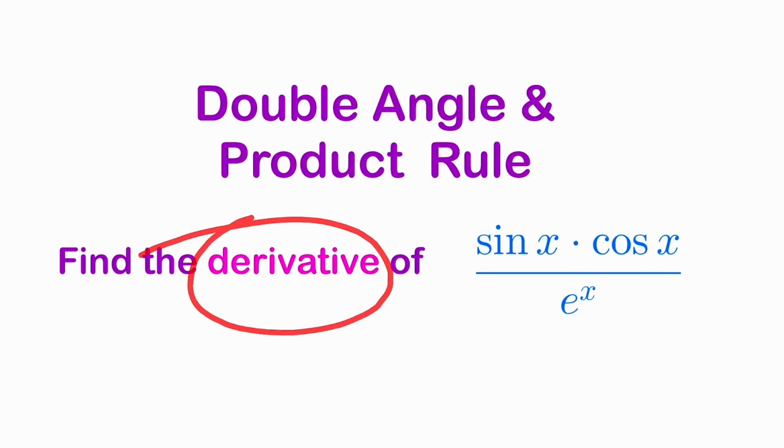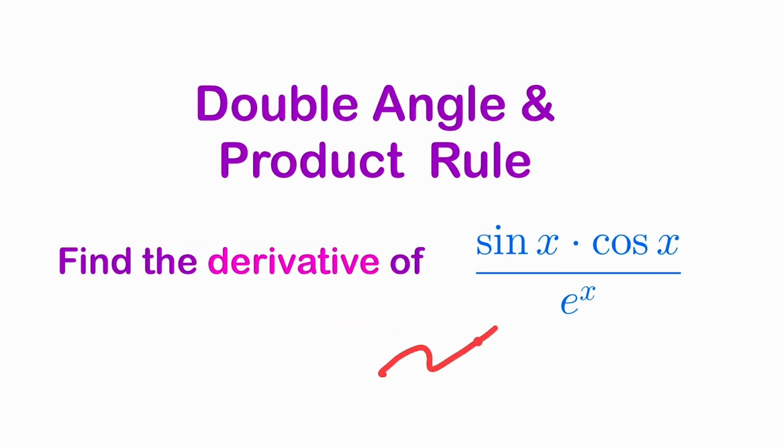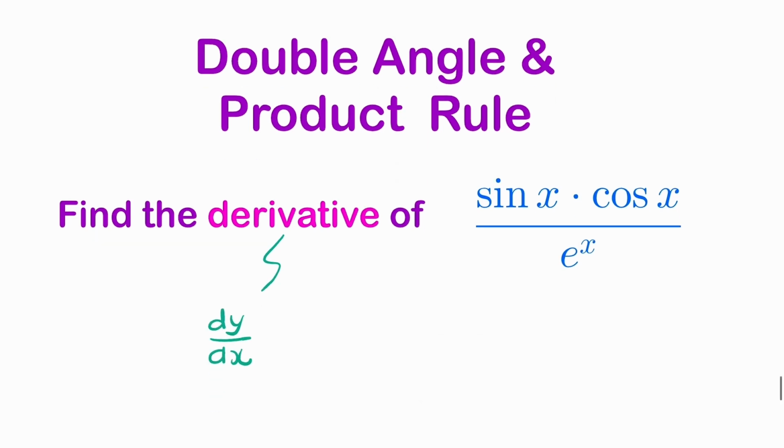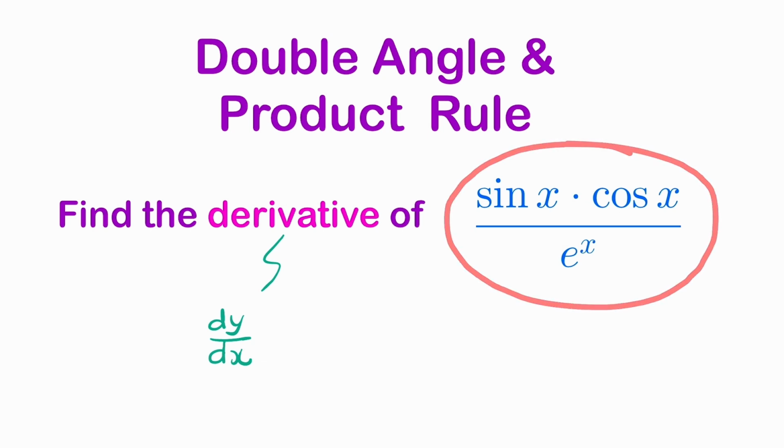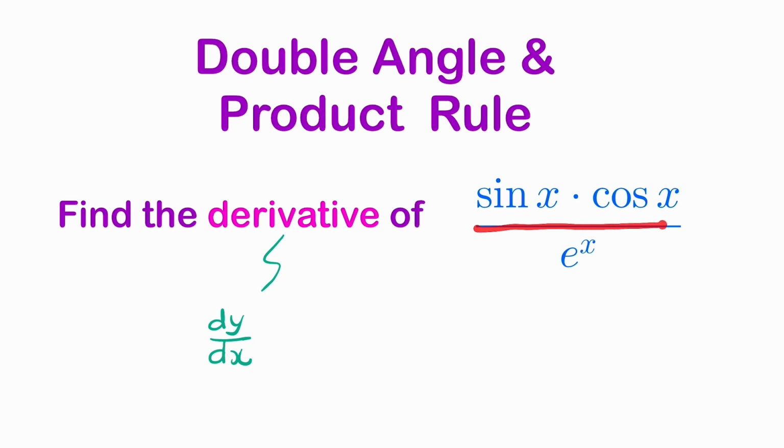Here we're asked to find the derivative of this expression. So if we assume that this expression was y, then what we are being asked for is dy by dx. So it's differentiation. So how do you differentiate something like this? It looks like it's a quotient, so we could use the quotient rule, although it might be quicker to use